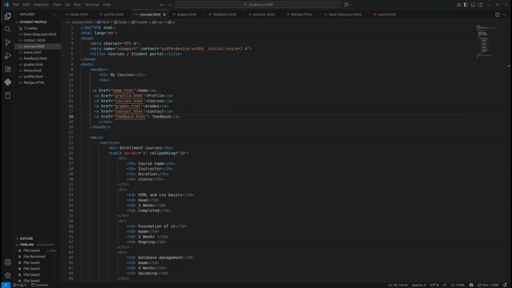First, we already know that we have to use doctype and language and head or body. Then I give a heading here, my course, and I use here a href for link, and then I use here navigation to connect all these HTML web pages with each other. And I give you here a main. It contains